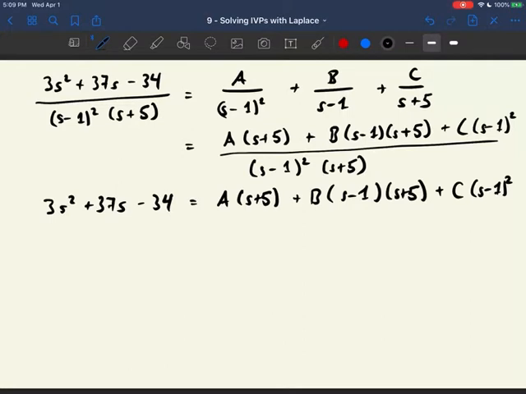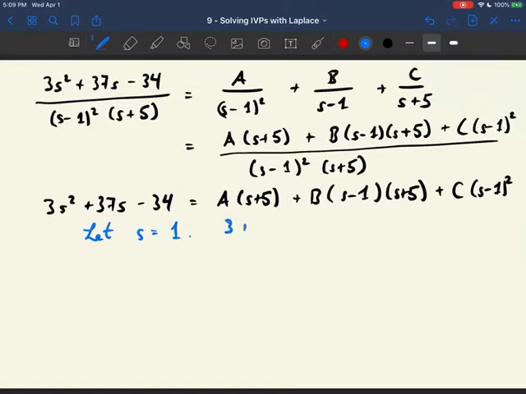All right, so hopefully you've done that, and you have yourself some coefficients A, B, and C, and we're going to see if we came up with the same things. I'm choosing to use the method of the convenient values. So I'm going to plug in s equals 1 and s equals -5, because those are the ones that are going to cause things on the right-hand side to go away. So let's start with letting